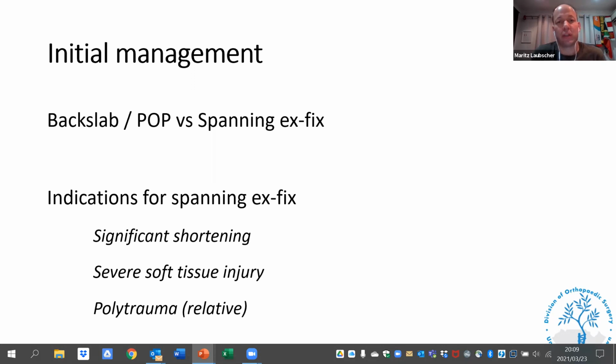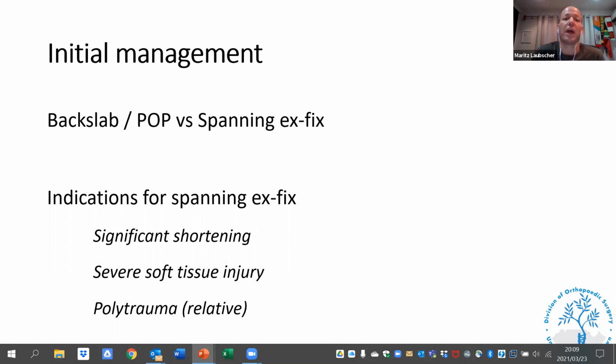Not every tibial plateau fracture needs a spanning X-fix, but any case of significant shortening, specifically ones where your definitive management is going to be plating, it's very difficult to get length back, even after a few days or a week down the line. Any case of a severe soft tissue injury or any polytrauma patient where it's difficult to nurse with a cast in ICU, although I would say that's a relative indication. But definitely any, especially bicondylar fracture with significant shortening where your definitive management is going to be a plate,